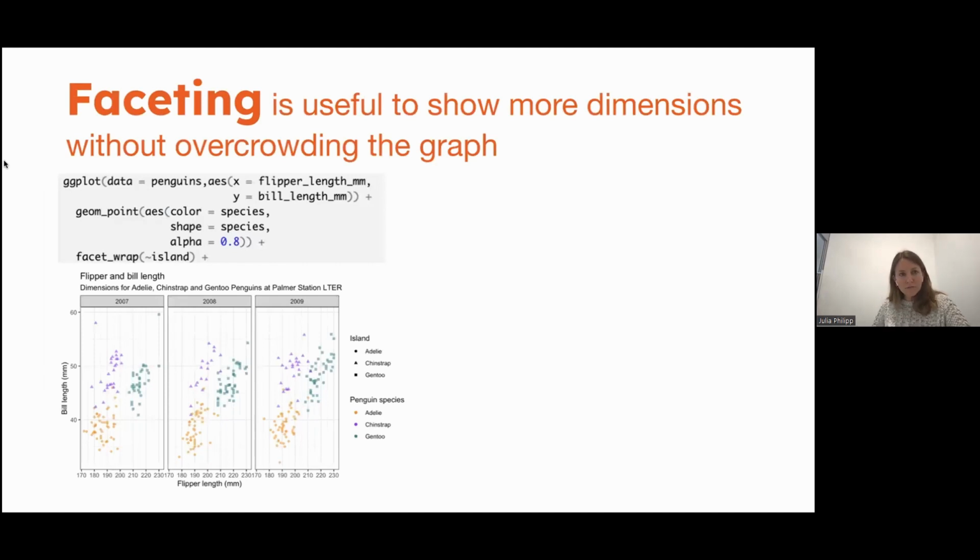So I have mentioned faceting before a couple of times, and I want to show you some examples now. But I think this is a way of how we can display more information than just 2 dimensions of a data set without overloading a plot. So faceting, as you can see here, basically means breaking up a plot into different subplots in order to display